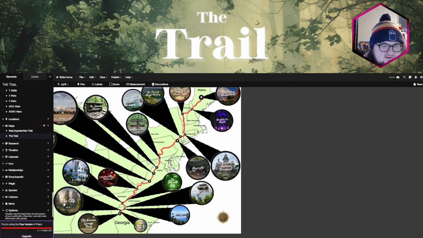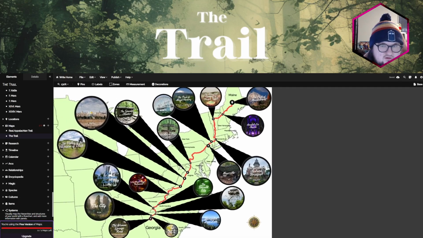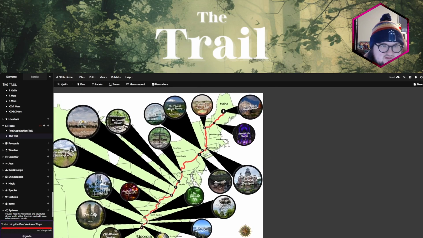You can see the progression from the southernmost point through the city up through the Emily Dickinson Church here. In the middle there's Mecca, which is a city with a huge interfaith church.